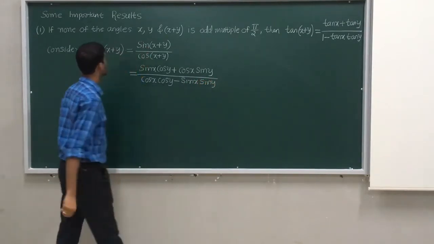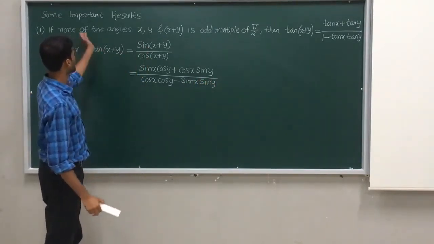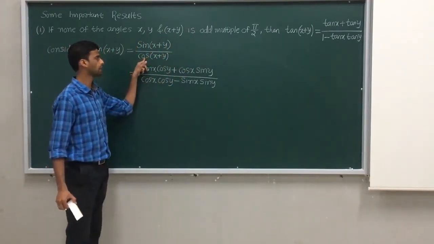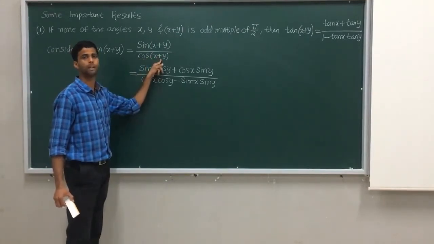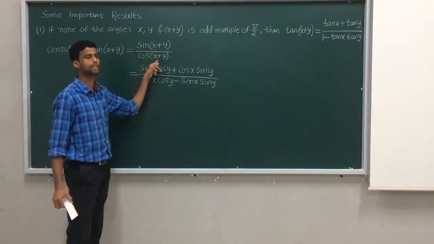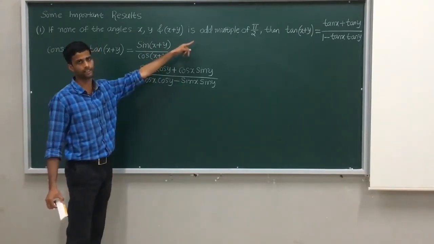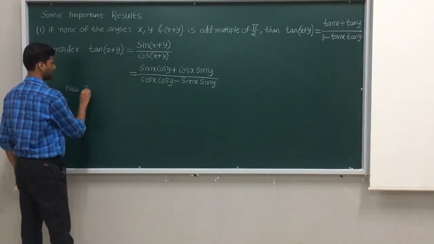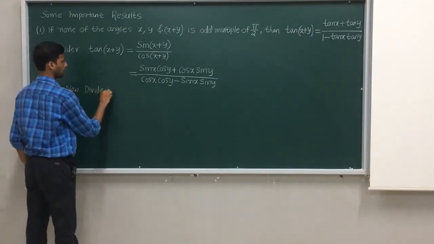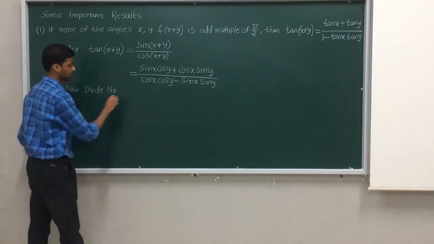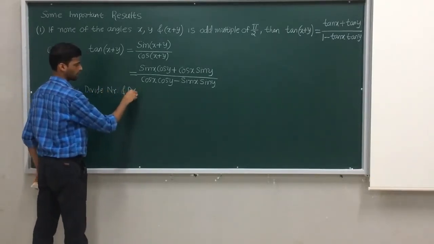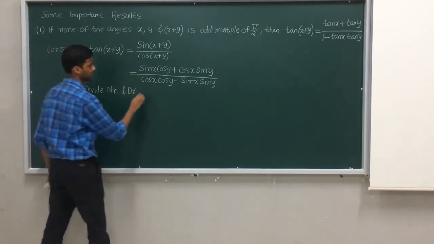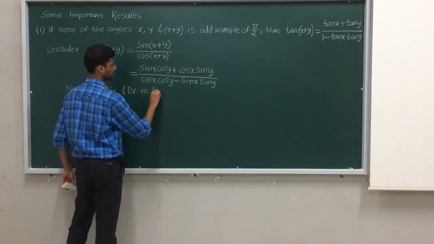See, here they told something, if none of the angles x, y is an odd multiple of pi by 2, because in the denominator you have cos now. We all know that cos of an odd multiple of pi by 2 is 0. Therefore, any number divided by 0 is not defined, therefore they have mentioned it like this. So now divide numerator, I will write shortly NR, and denominator, I will write shortly DR. It is not doctor, it is denominator. So divide numerator and denominator on RHS by